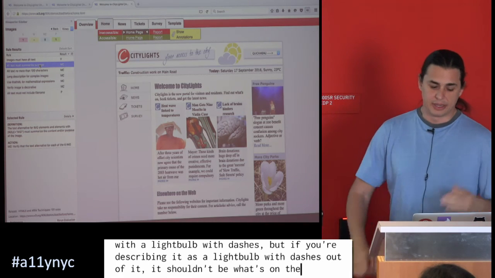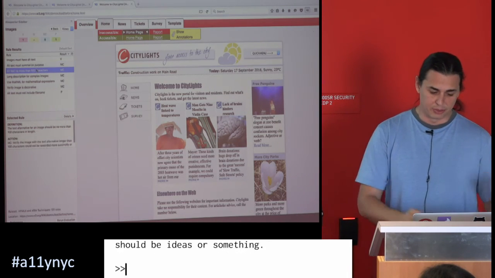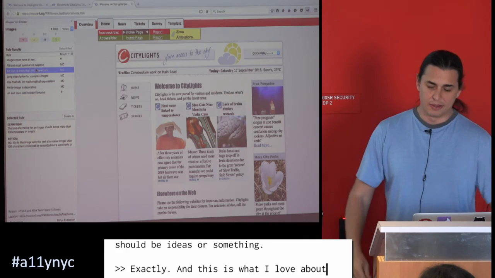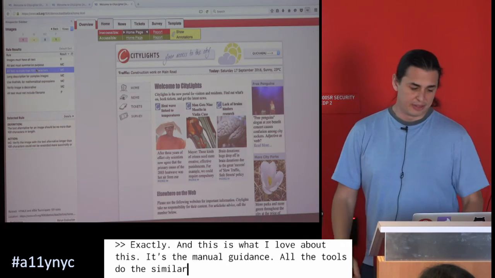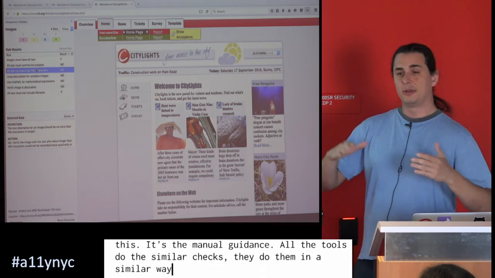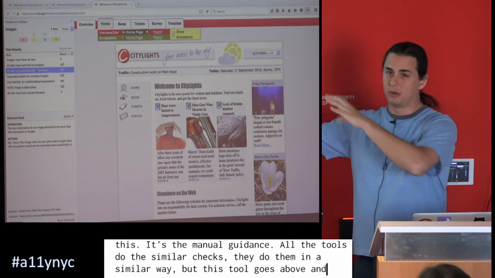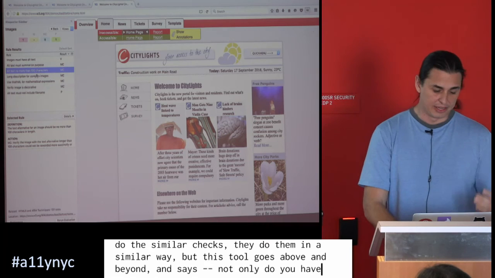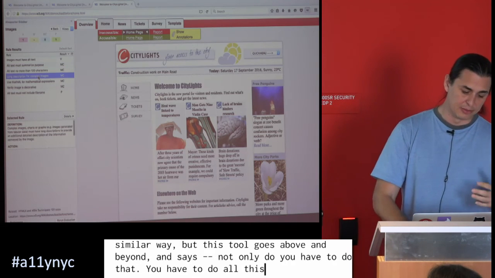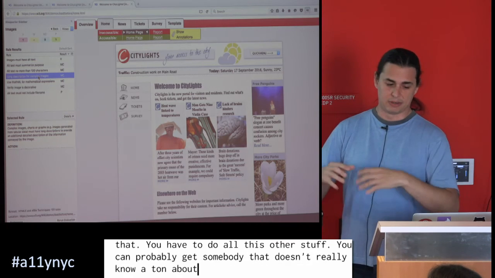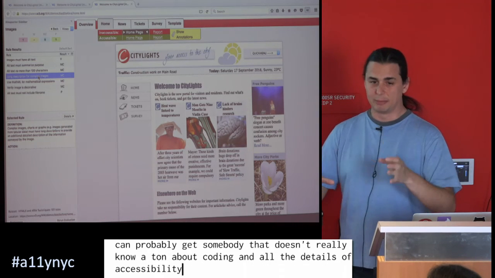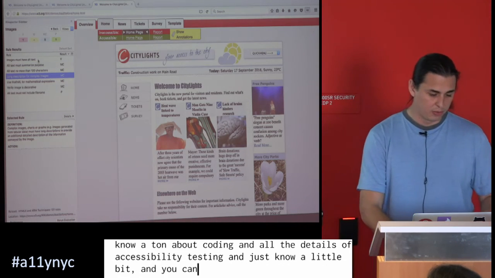Perfect. Yeah. And this is what I love about the tools, is the manual guidance, right? Because all the tools do the checks, they do the similar checks in a similar way, but this tool goes above and beyond and says, not only do you have to do that, you also have to do all this other manual stuff. And you could probably get somebody that doesn't know a ton about coding and all the details of accessibility testing. They just know a little bit, and you can just say go through,